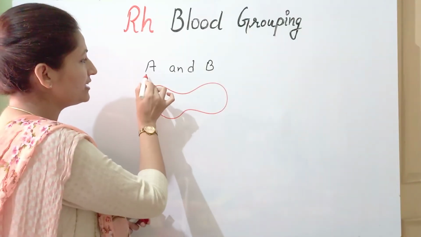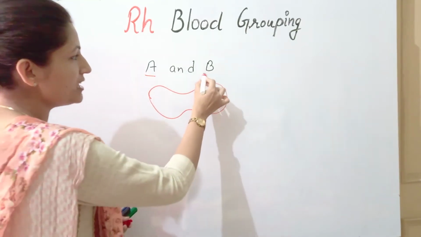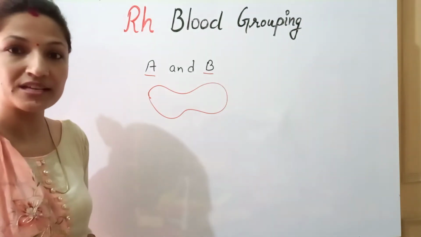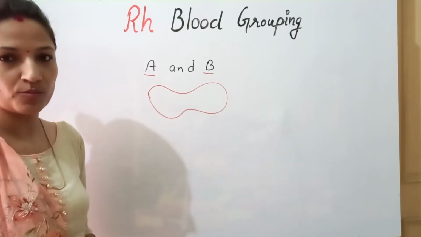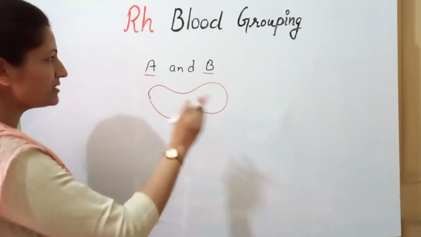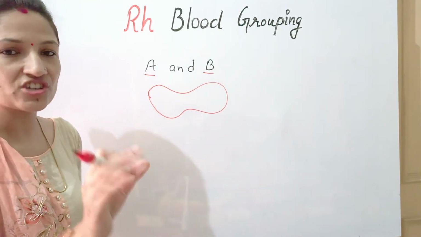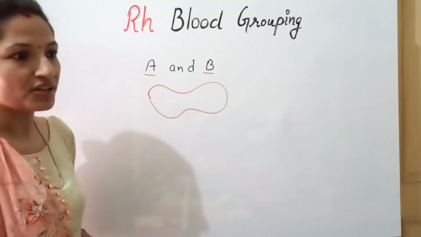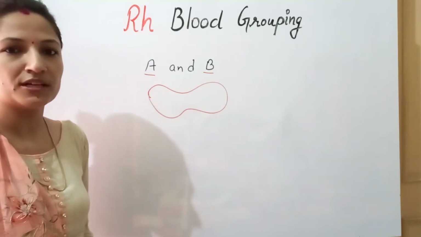It means if antigen A is present, then the person has A blood group. If antigen B is present, then the person has B blood group. If both antigens are present on the RBC surface, the person has AB blood group. If no antigen is present, it means A and B are not present. Some other factors can be present, that is the H antigen, which is responsible for making A and B. So if A and B are not present on the RBC surface,